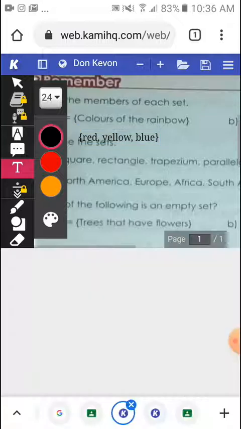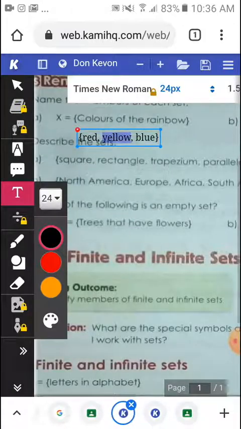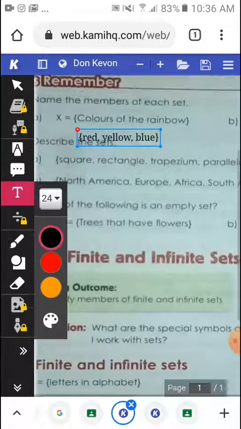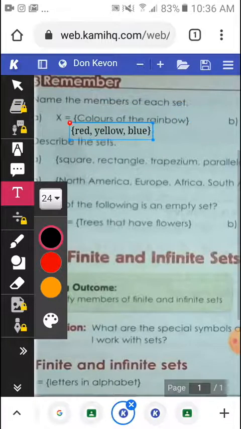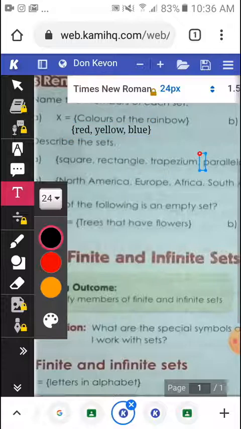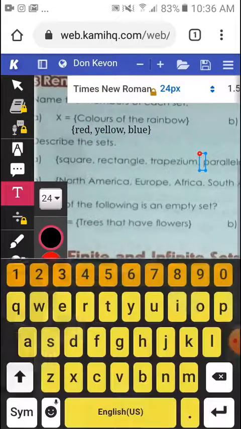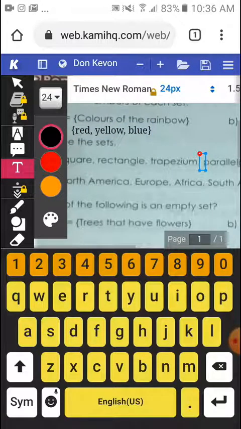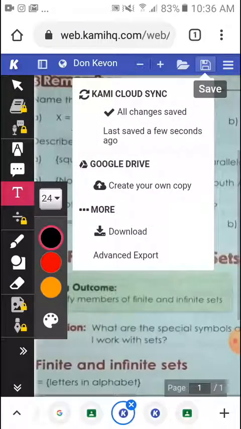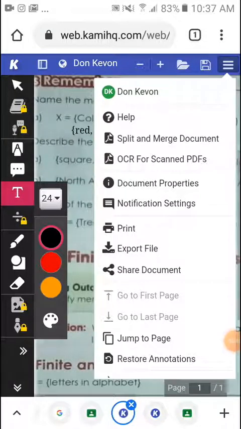All right, so that's much better. So I'm going to put it there. All right, so that's it. The changes are automatically saved. Now, when you go back into the classroom,